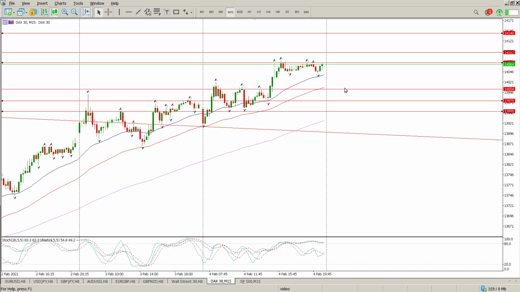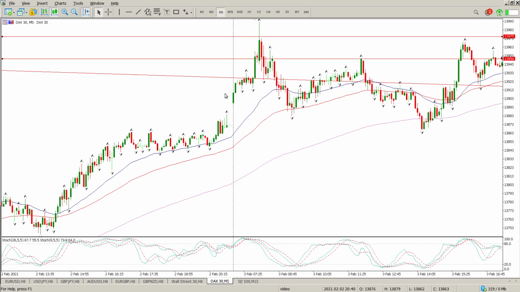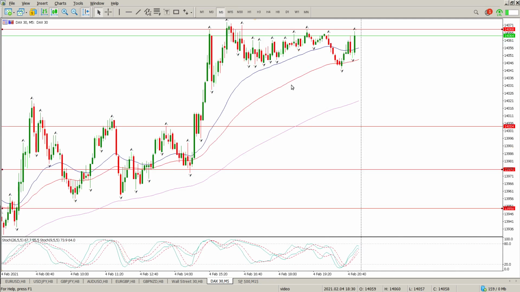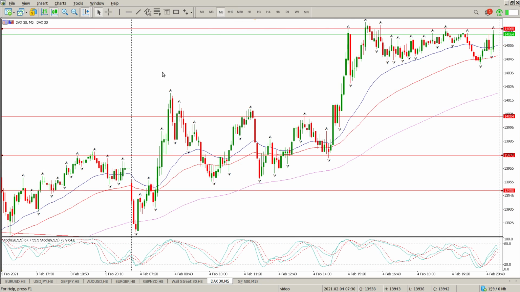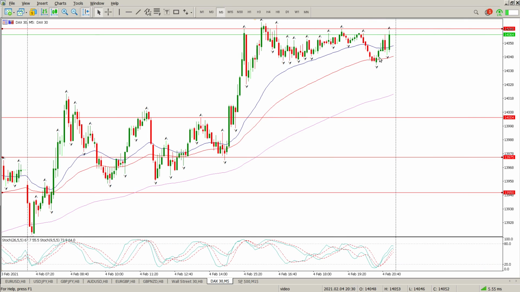I'd wait for pullbacks. And you can even drop down to the 5 minutes as well. You'll see on the 5 minute, it just means you need to watch it a bit longer, but you can see we opened up above the 155 on the 5 minute, and so long as we stayed above that, the trend was up. It would have been pretty volatile on the 5 minute, but nevertheless, it still gives you the indication of what's going on.